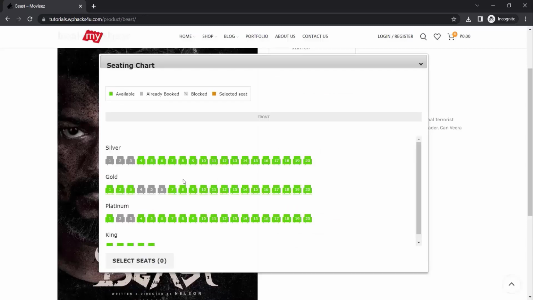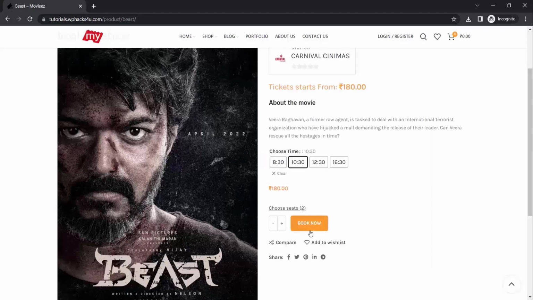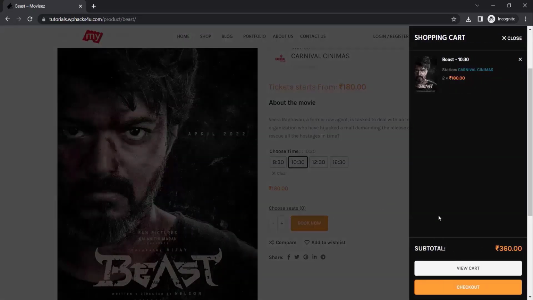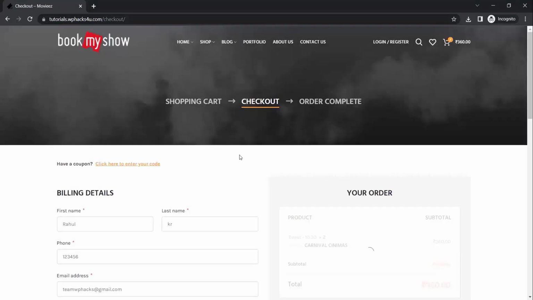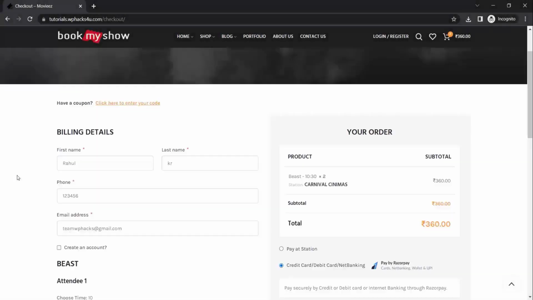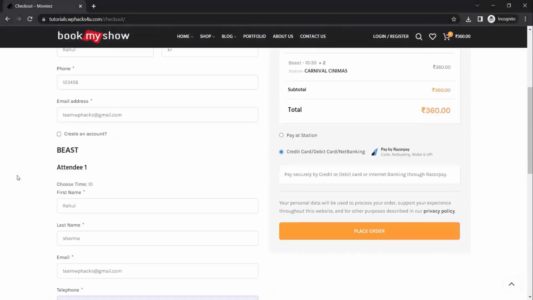Okay, now once a customer chooses a time, they can book the ticket like this, and they can see the screen and everything on the front side, and they can click on book now and then on the checkout option, and it's a fast checkout. Express checkout is available on our website. Once the customer completes the billing details,